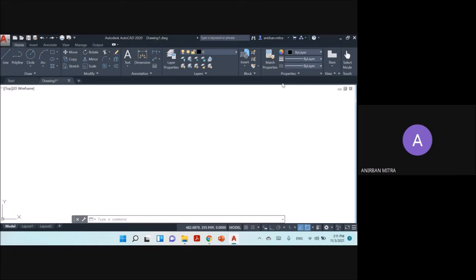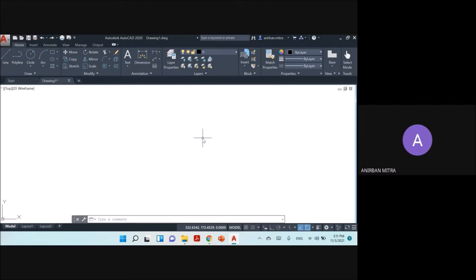Now, you might be wondering one thing that we have not yet created any layers up to this point, but we have done a few drawings on screen. So, how did we do that without the layers? That is because AutoCAD provides a default layer which is known as the zero layer. So, whatever we have drawn till now on this drawing window, that was drawn in zero layer. But drawing anything in zero layer is not a good practice. It is always advisable to avoid drawing anything on the zero layer.